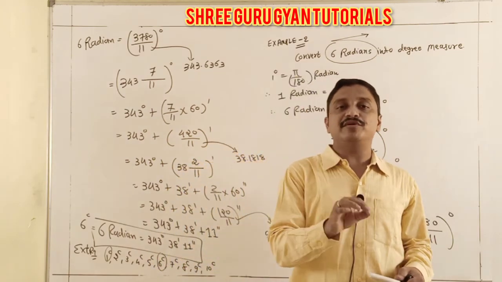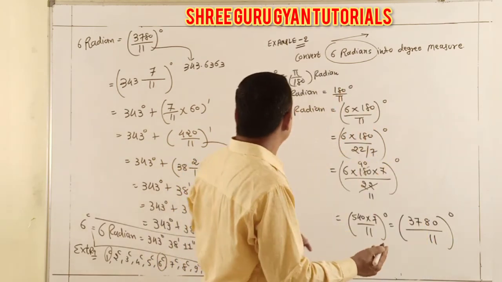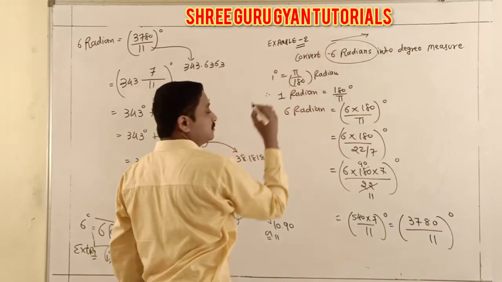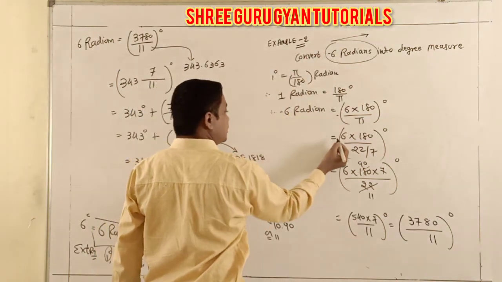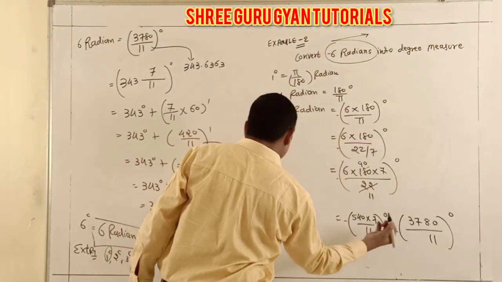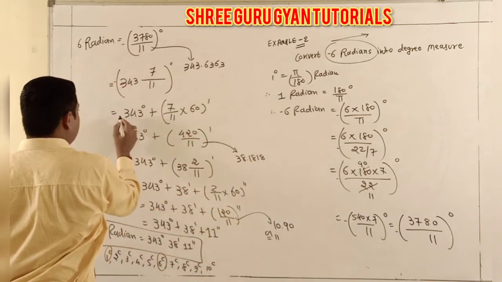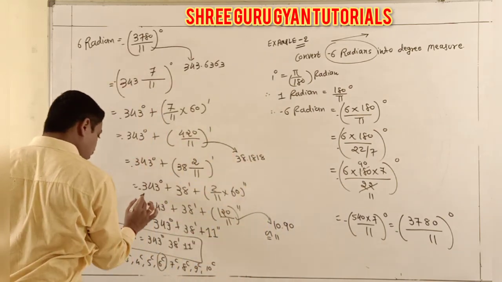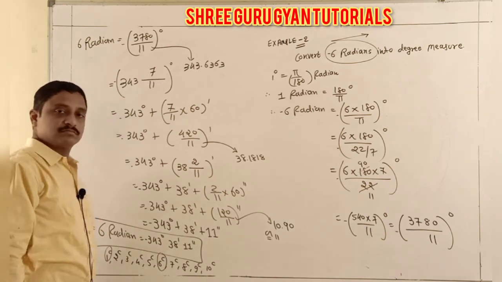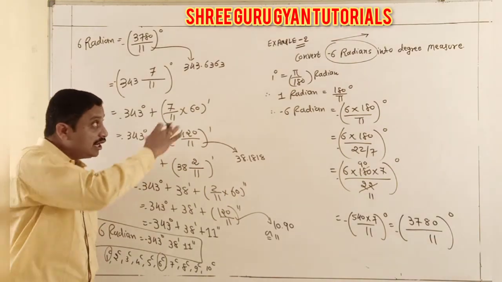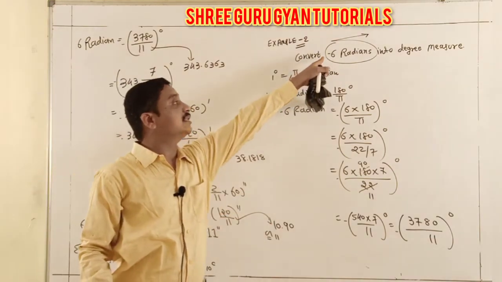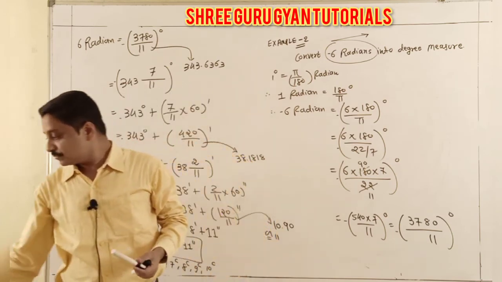Yes. This value is also sometimes given as negative, for example minus 6 radian. So here, all answers are minus. If you just write minus in all the answers, there is nothing else. If negative questions like minus 6 radian are given, the last answer has minus, then yes students.